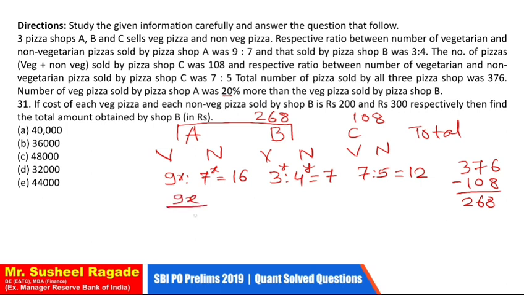9x divided by 3y is equal to 6/5. Why have I written 6/5? Because 6 is 20% more than 5. So the ratio becomes 120 to 100, and for simplicity I have written 6/5. Now this is 3 and this is 2, so we can write x is equal to 2 and y is equal to 5. We will see now how to get to this figure.